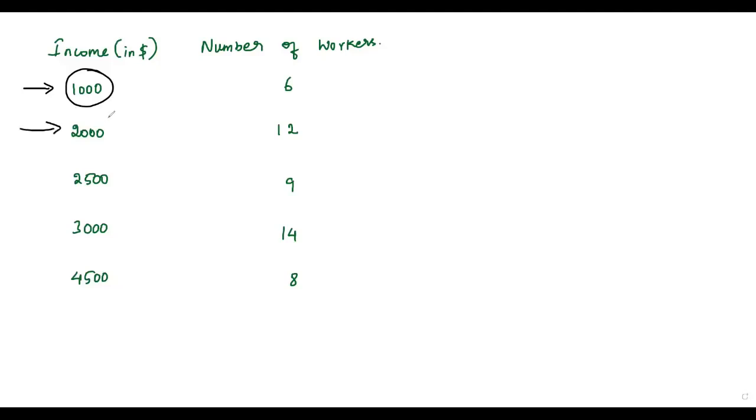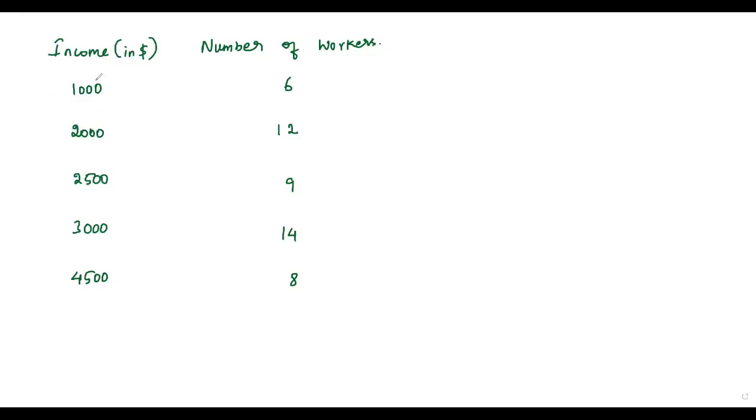The second classification is for $2,000 income, and the third classification is for $2,500. For the fourth category, we have $3,000, and for the fifth category, we have $4,500. So for each category we have an individual value. Whenever each classification is for an individual value, the distribution is called a discrete frequency